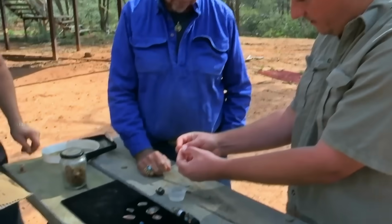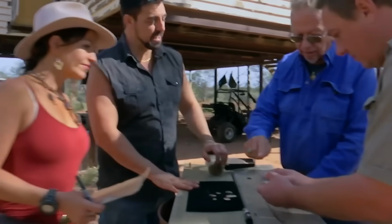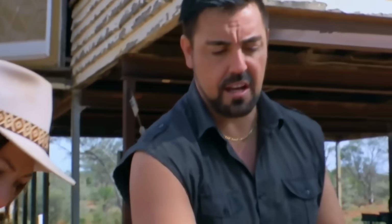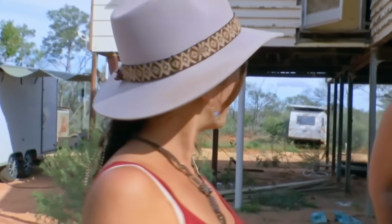Oh, look at this. There's a little chip here as well. That's beautiful. That'll produce a nice stone. That is very nice. For this little chip, that could easily cut a $500 stone. Yep. OK, so with that considered, a $50 jar, $300 worth of chips. So, altogether, 15,150. You're kidding. I'm serious. Yes. There you go. The good news is...